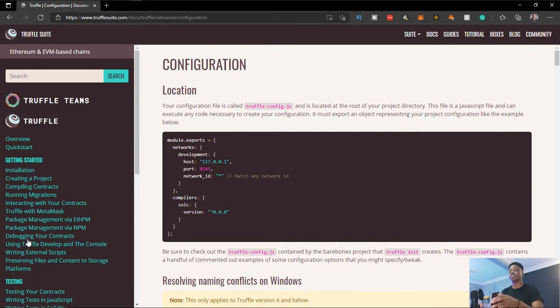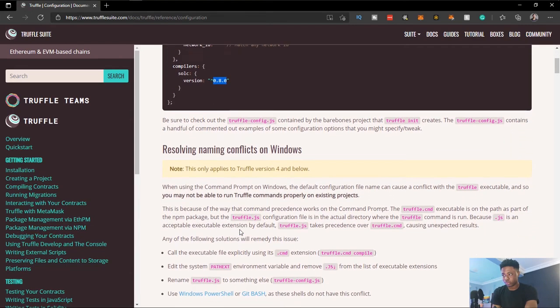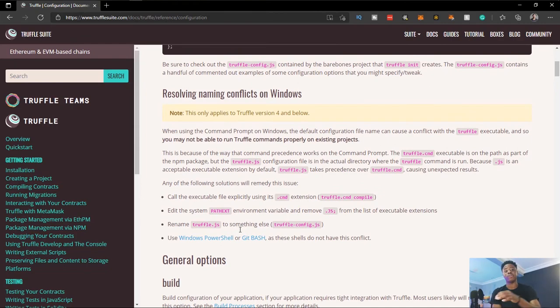So we can see the configuration right here, and there's a network they created. We created one network in the last video, the Ganache network. You can see a network here. You can see a compiler. We can specify the version of our Solidity we wish to use to compile. And let's just look for properties that we can make use of.